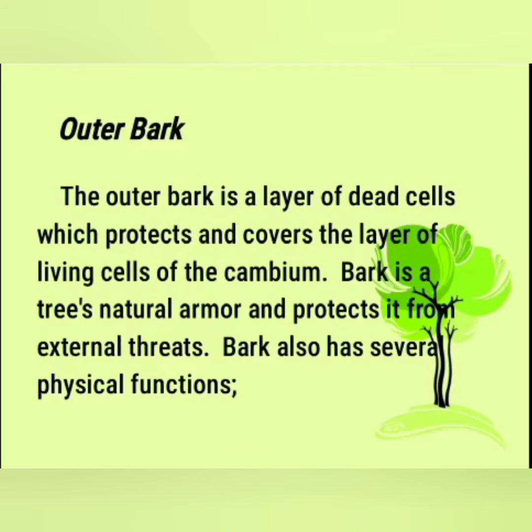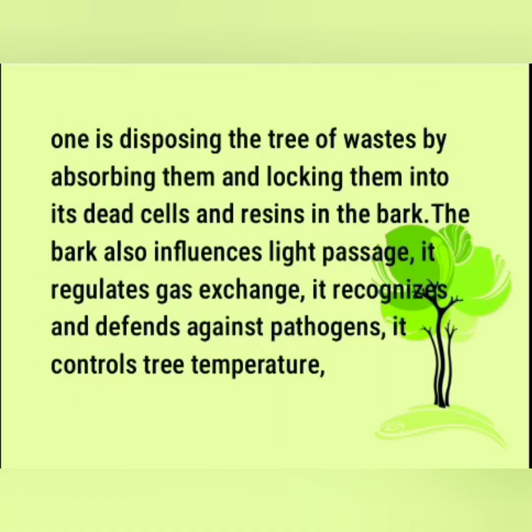Outer bark. The outer bark is a layer of dead cells which protects and covers the layer of living cells of the cambium. Bark is a tree's natural armor and protects it from internal threats. Bark also has several physical functions. One is ridding the tree of waste by absorbing it and locking it into its dead cells and resins in